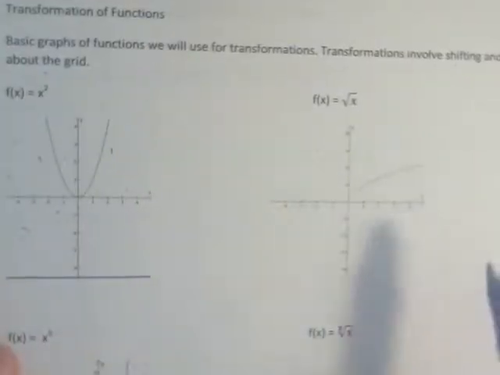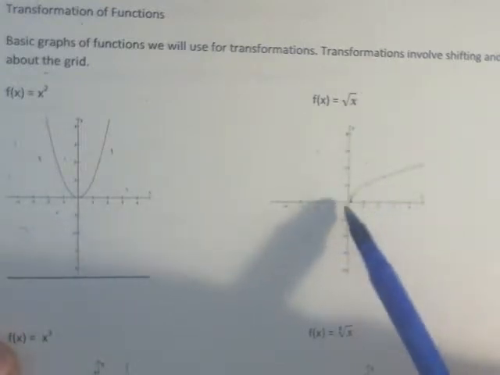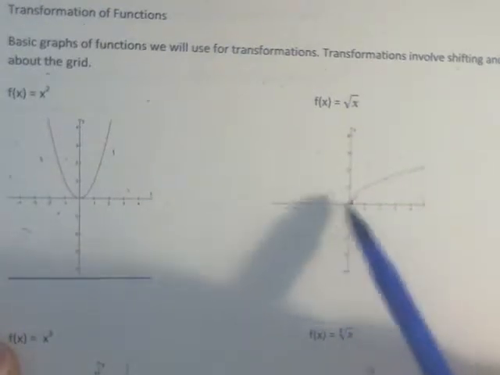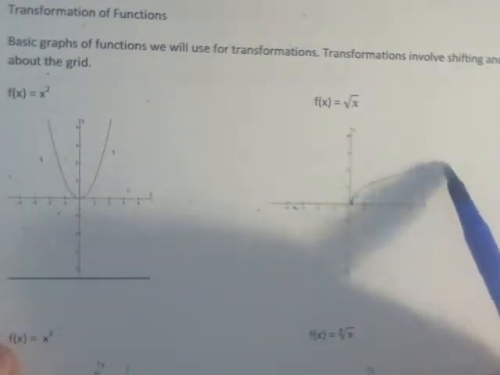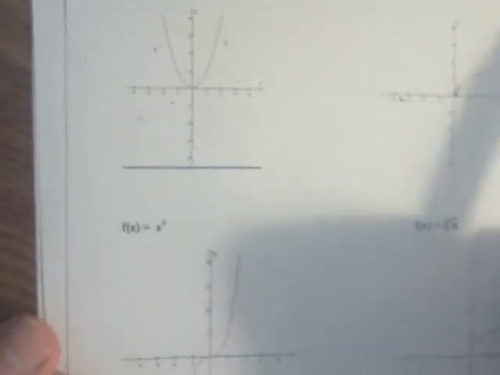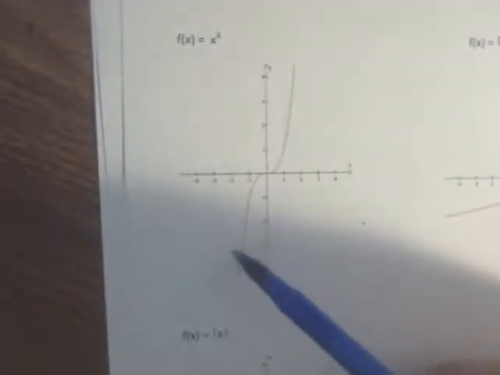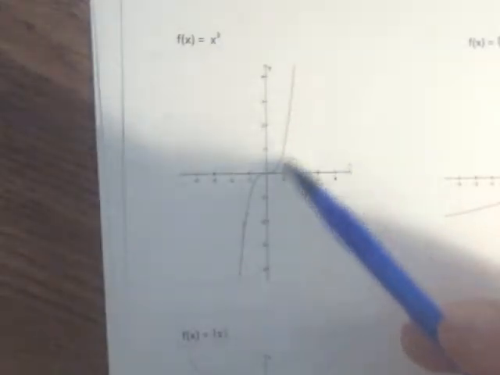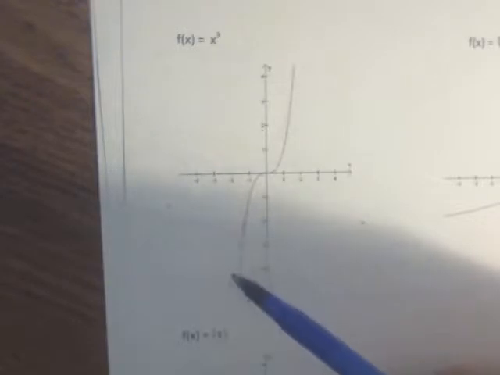Square root of x. It's shaped this way, okay? Because you can't take the square root of a negative, so therefore x cannot be negative. So it's a graph that kind of starts quickly and levels off as it goes. The x cubed graph, okay? It's kind of like a snake, I call it. Right through the origin,